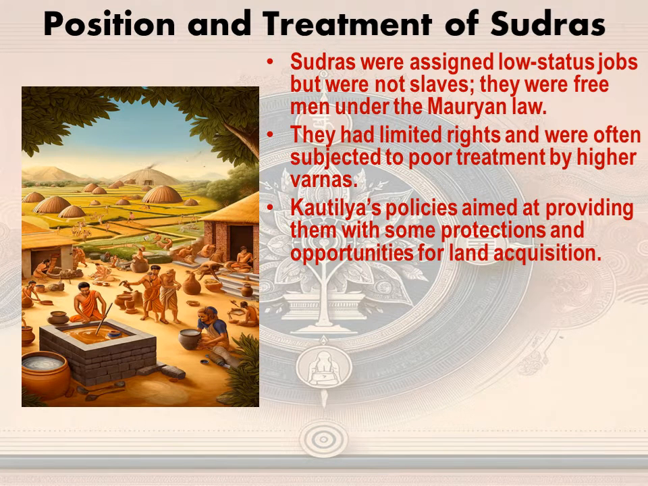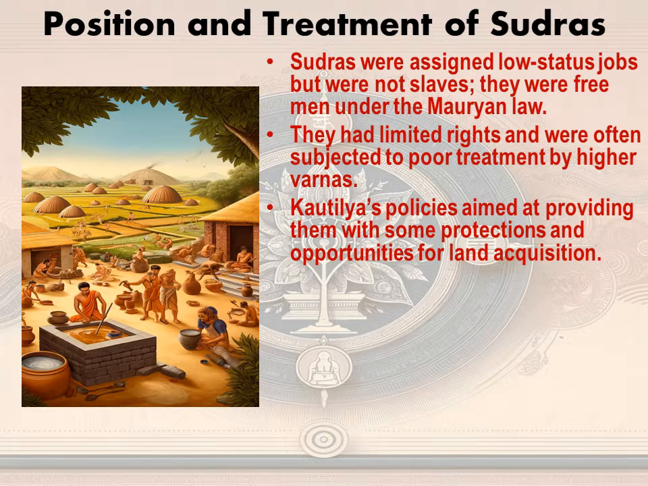Kautilya's policies aimed at providing them with some protections and opportunities for land acquisition. So Kautilya, the author of Arthashastra, framed some kind of policies with an aim to provide them with security, protection, and opportunities for land acquisition. Means they could acquire land, and their land protection grant was done by the empire, by the emperor, as stated